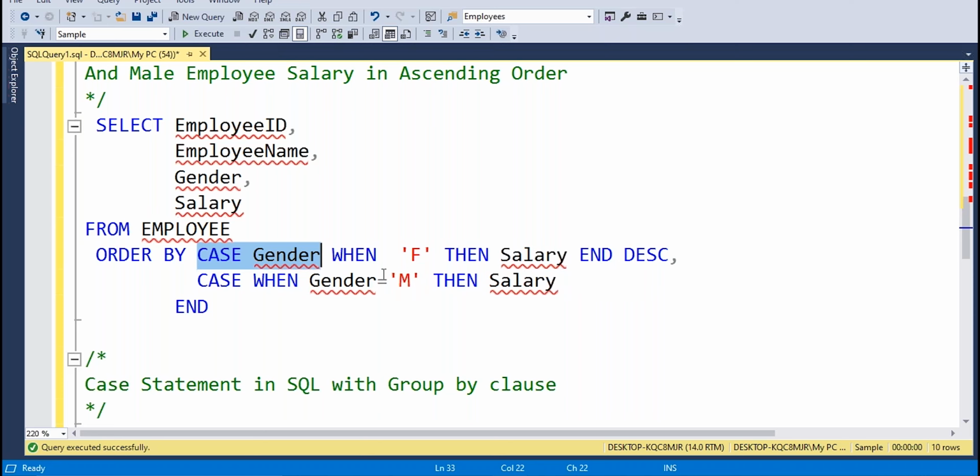The case statement is completed. Another case statement: the case expression is optional, but when we apply an ORDER BY clause, we should mention the column name, so we define a column name here. CASE WHEN gender equal to male THEN salary. If you do not provide any ascending or descending, the default order is ascending order.